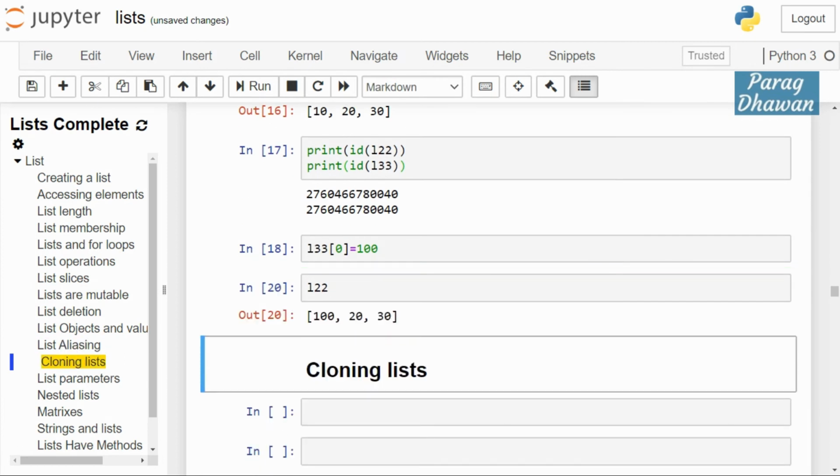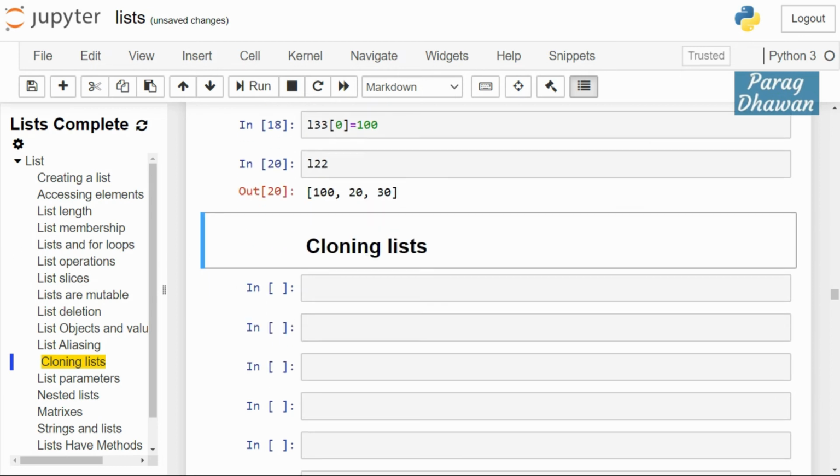This is undesirable when you are copying the elements or values of one list into another list. When your data structure is mutable, the program can give an undesirable output. So to avoid this, when you are assigning the value of one object to another object and you want to preserve the original copy, meaning you want to avoid list aliasing, you clone the list. We understand this by example.